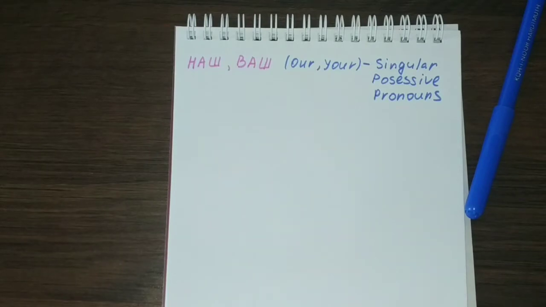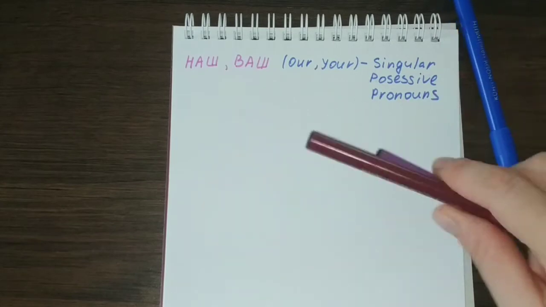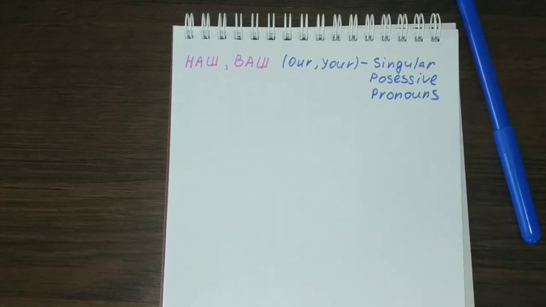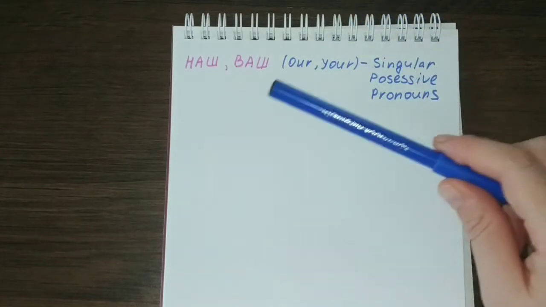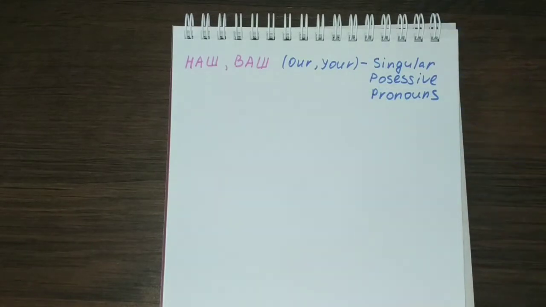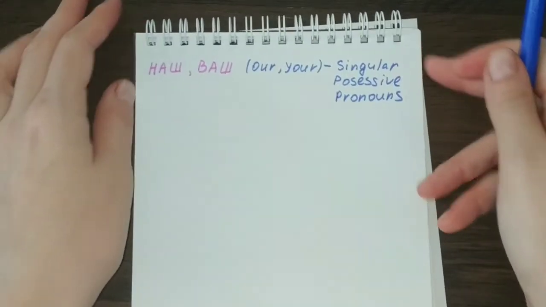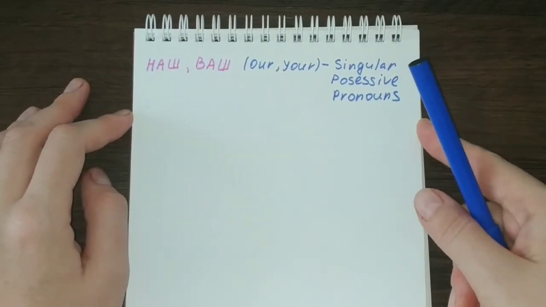So today we are continuing learning Russian, and this time I wanted to talk to you about two Russian possessive pronouns in their singular forms, which are наш, meaning our, and ваш, meaning your. These two pronouns are, of course, very important to know, just like they are in English. They're used quite a lot, so let's talk about them. Today, of course, these pronouns also have their plural form, but we are going to talk only about the singular